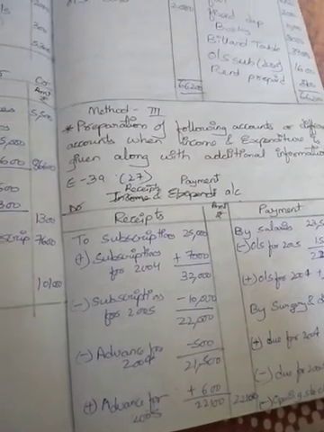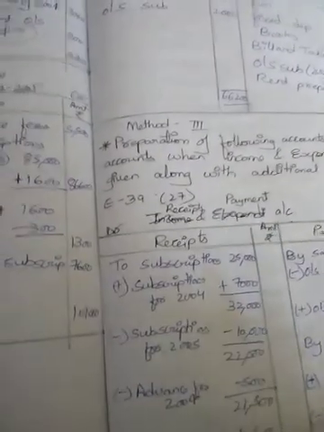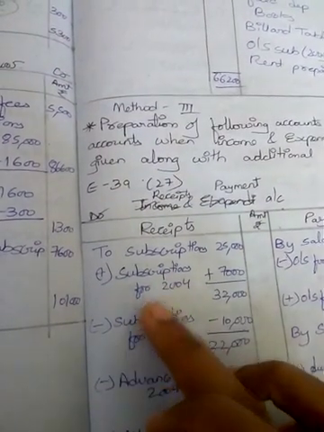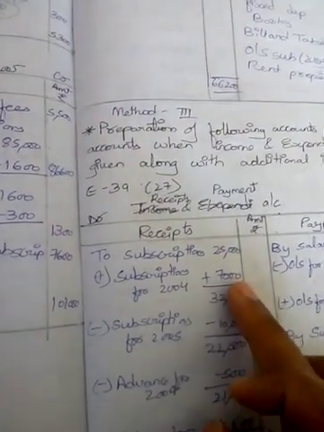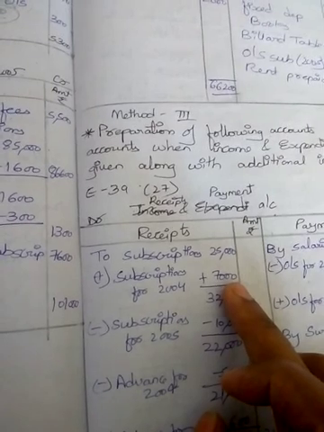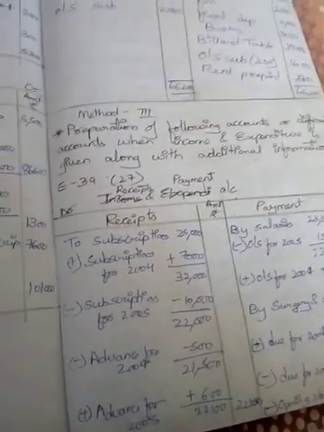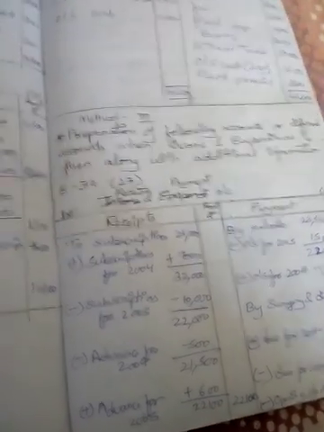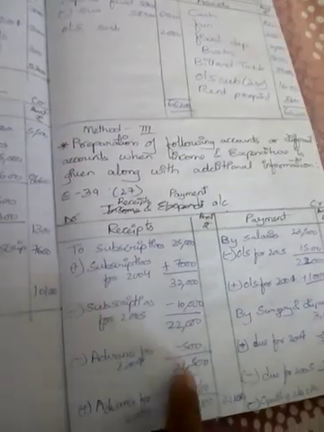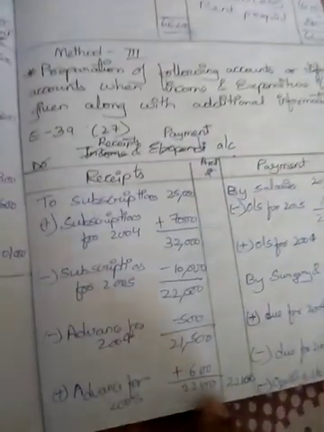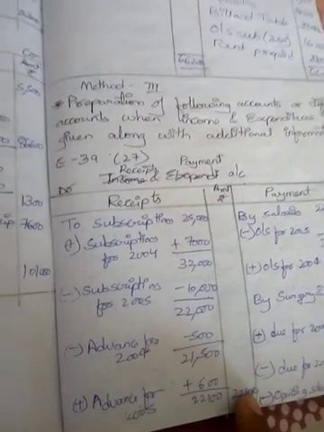As we are preparing the problem for 2005, we are going to consider all the 2005 information, since this is the receipts and payments account. So I repeat once again: subscriptions 25,000 plus subscriptions outstanding for 2004, 7,000, and subscriptions for 2005 should be deducted, and next advance for 2004 and advance for 2005. After considering all these adjustments we have 22,100 as subscriptions.